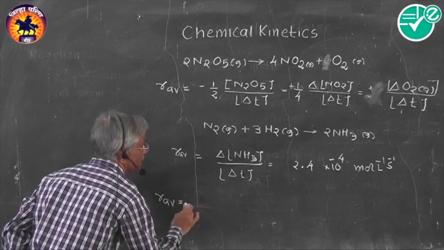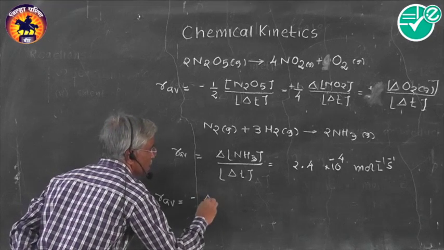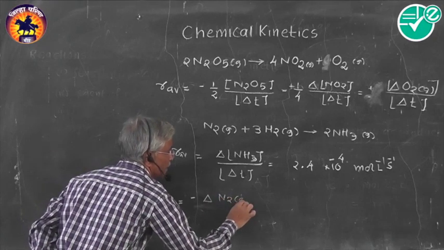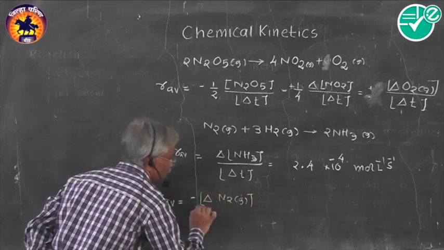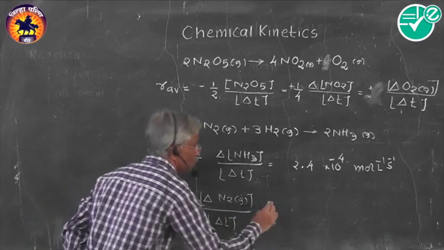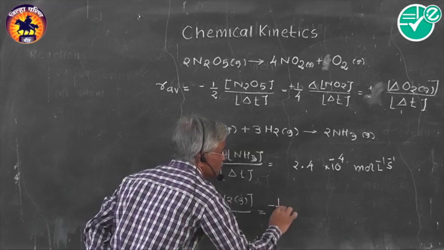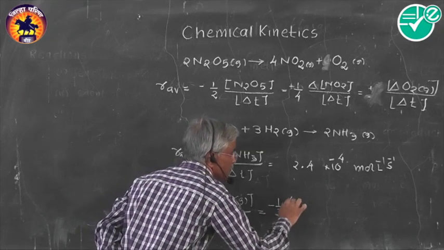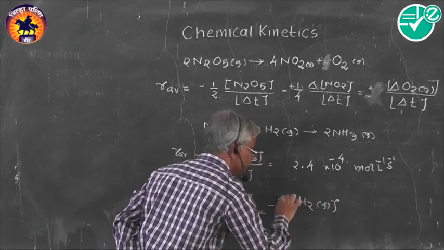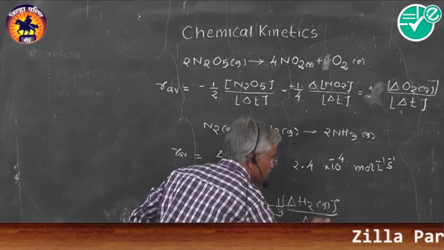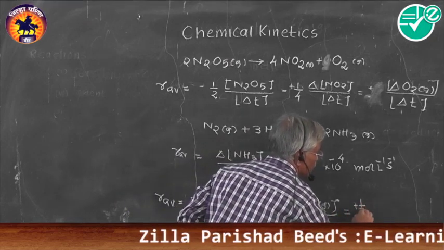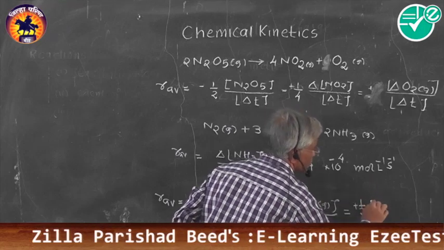It will be minus change in concentration of nitrogen in gaseous state, it is 1 mole, divided by change in time, which is equal to minus 1 by 3 change in concentration of hydrogen in gaseous state with respect to time, which is equal to plus 1 by 2, plus because ammonia is a product,